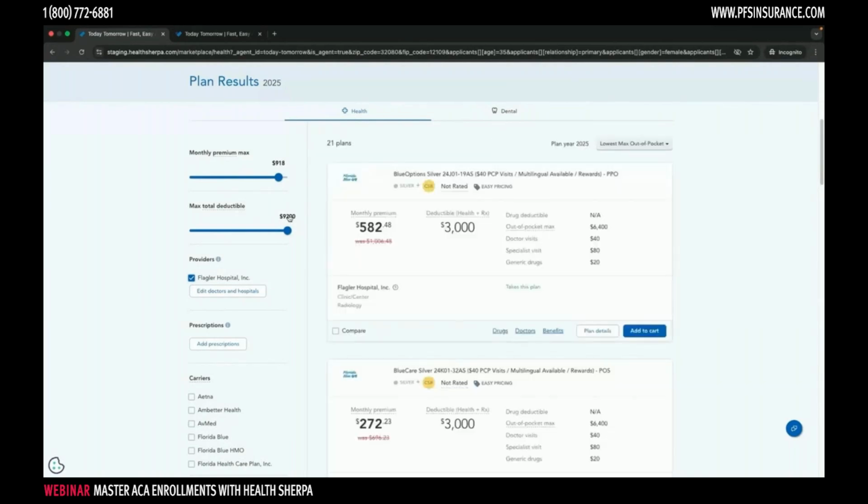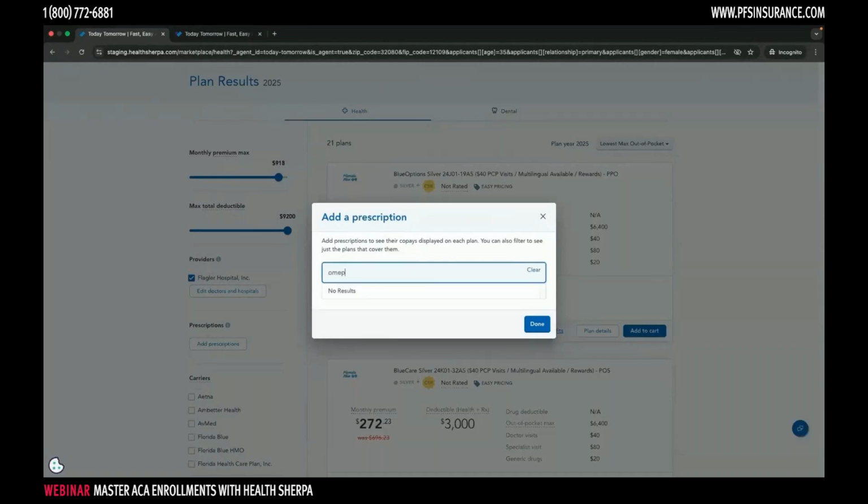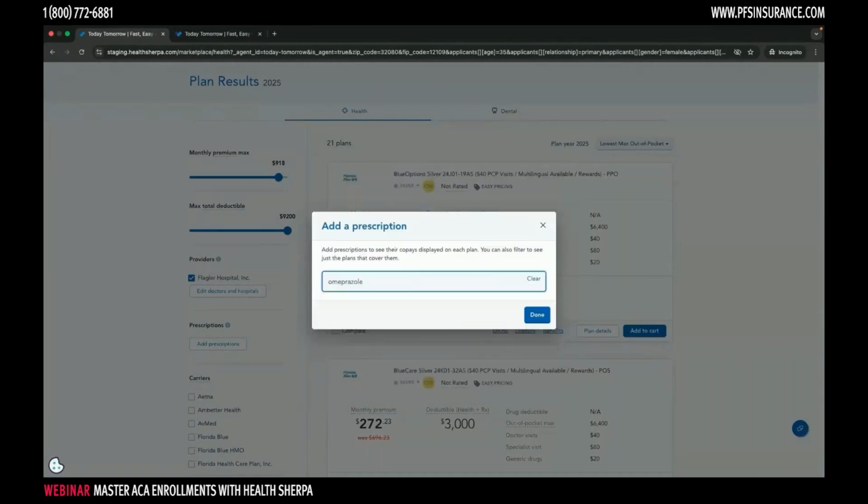Your view is going to change. Look at this, now we're down to 21 plans. Now you're only going to be looking at plans where this provider is going to be considered in-network. Really nice way to shop in a way that is prioritizing the needs your consumer is sharing with you that they have. Similarly, with medications, what I think is cool about this is it reminds me, first of all, that